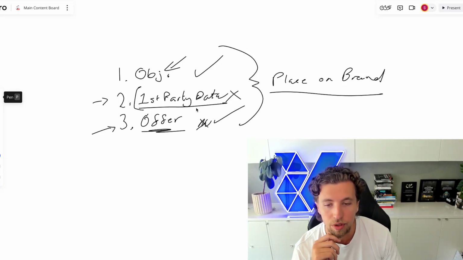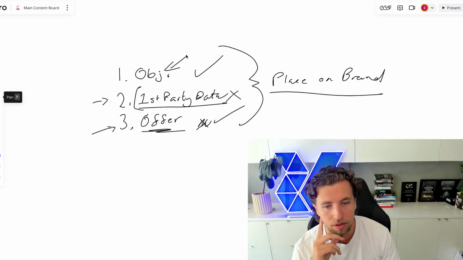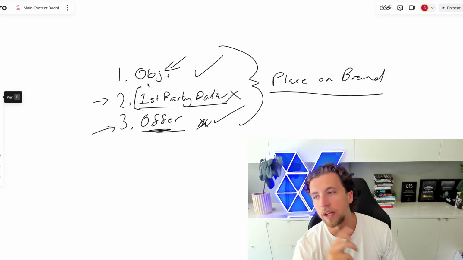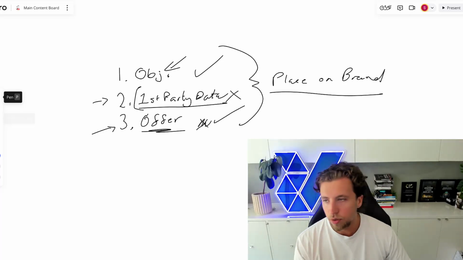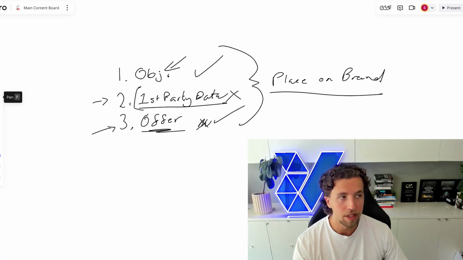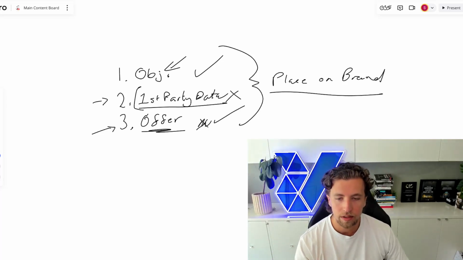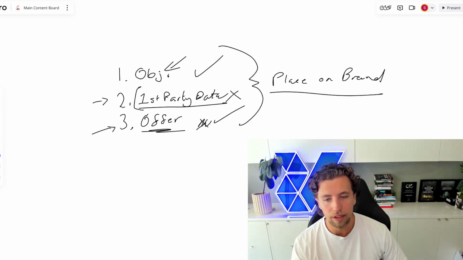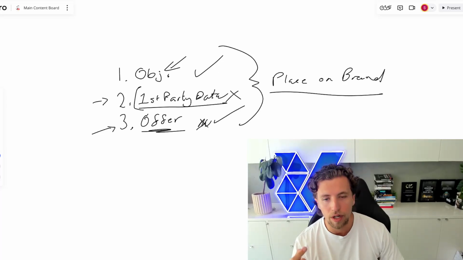core factors that contribute to how aggressively or whether you should bid at all on branded key terms across search and shopping. To recap, number 1 is what is the objective of placing in marketplaces or with resellers? Number 2 is it important to drive someone to our website, gather the first-party data, and achieve the conversion there rather than losing that to a reseller? And then number 3 is how much more compelling is the offer on the marketplace compared to our own offering? Once you know the answer to those 3, you can start to converge towards a conclusion and a decision as to how you should approach spend on brand.